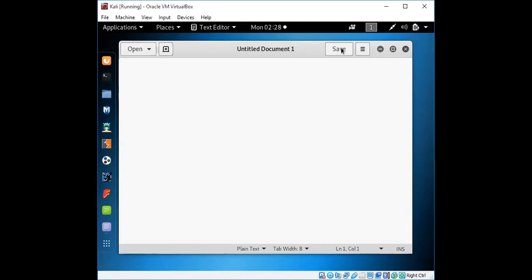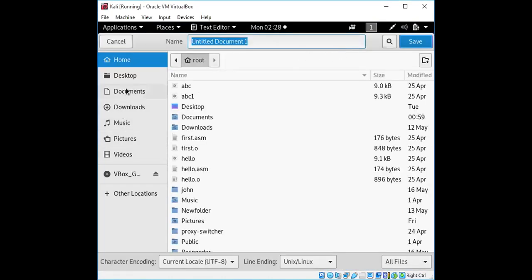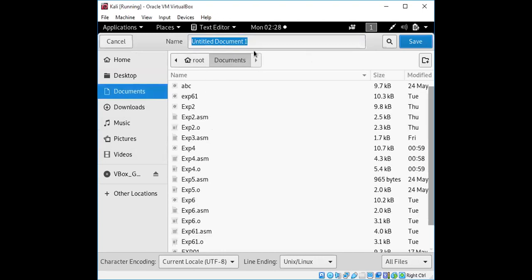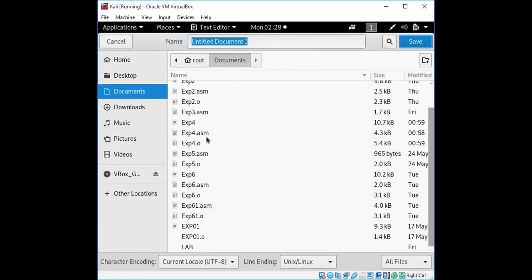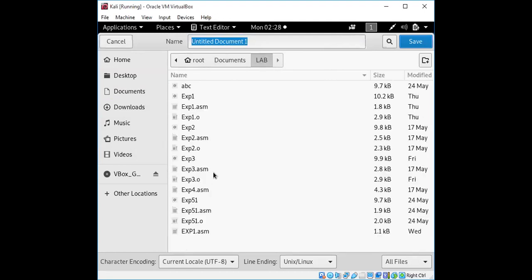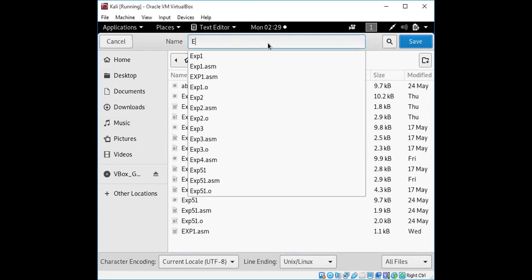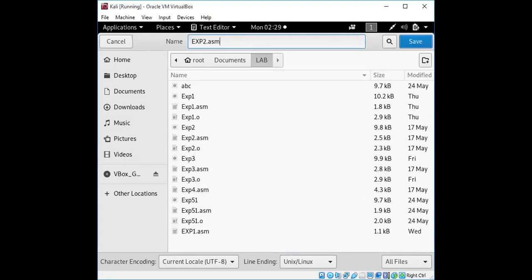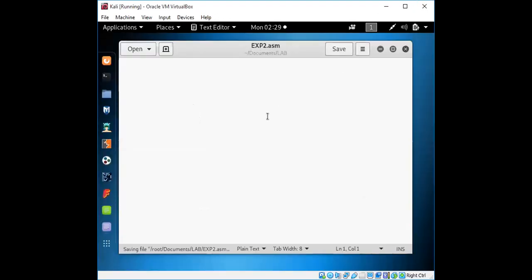We'll save this file under lab. It already has an assignment there, so we'll use a different name, all letters in capital. If the terminal is visible for you.